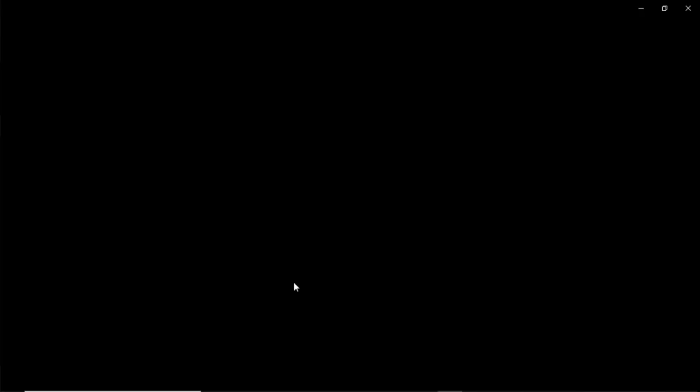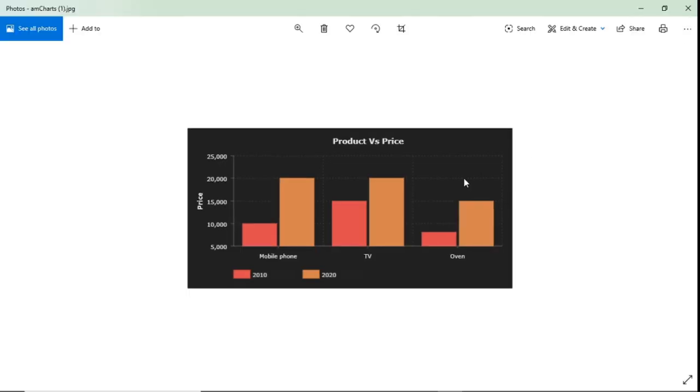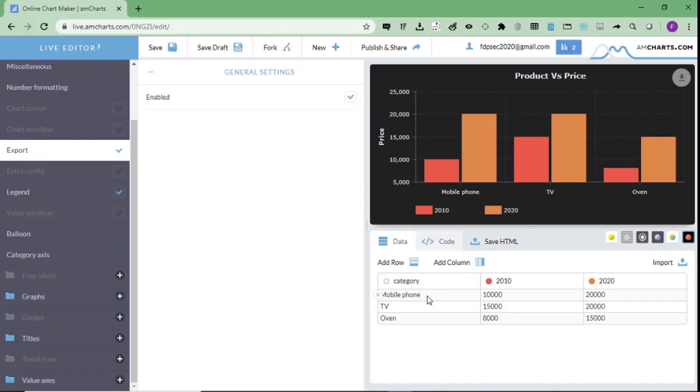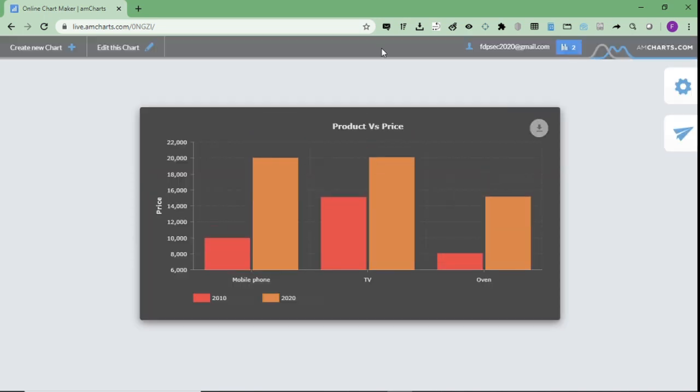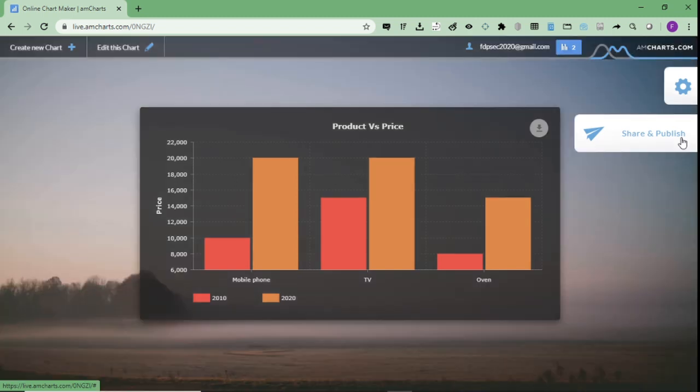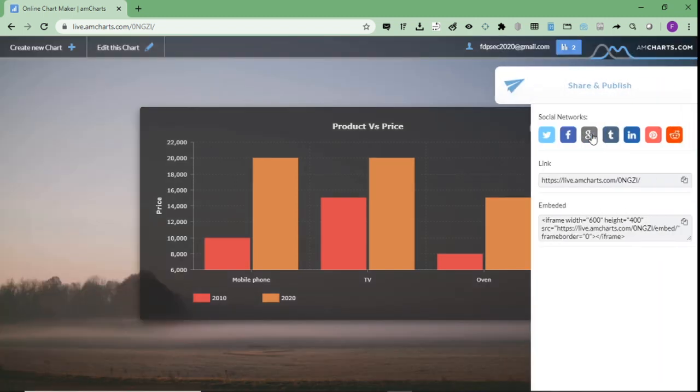So let us see how the chart has appeared. You can see that the proper legends, the axis value, the title and the graph have been perfectly downloaded for us. So we can download the graph as per our need, or you can publish and share directly. So we can share this directly onto various platforms. For example, I click on this. So you can share this graph in any of the social networks you are on, or you can copy this link and paste it so that anyone else can view your particular graph.